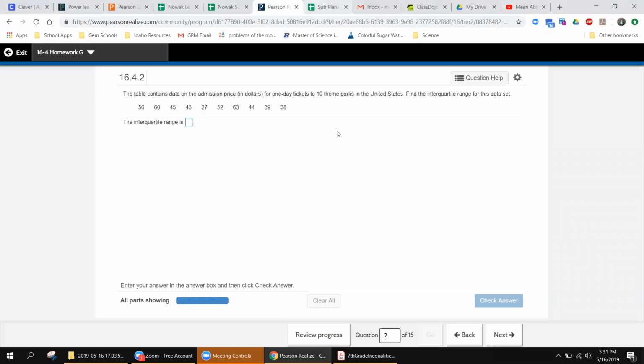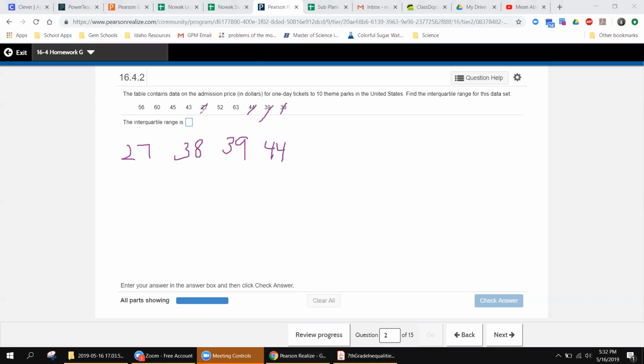But what about if we don't have a box plot to work with? Have no fear, children. We are just going to have to make our own. Remember, first step we got to do, put your numbers in order. So my smallest number is a 27. Scanning, looks like my next smallest is going to be a 38. My next is going to be 39, then